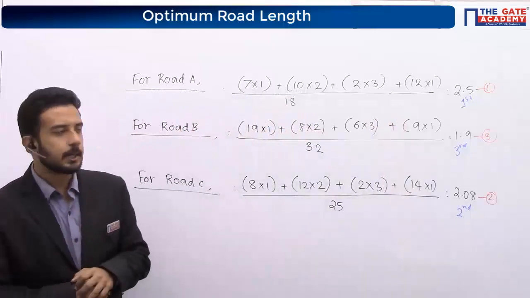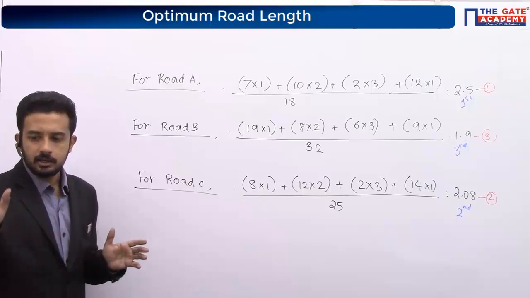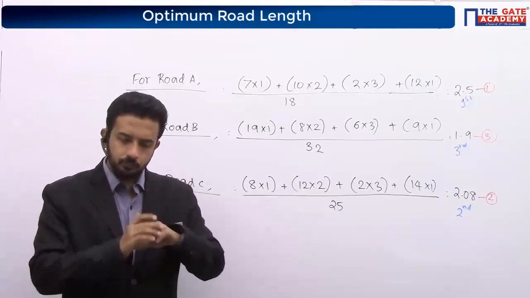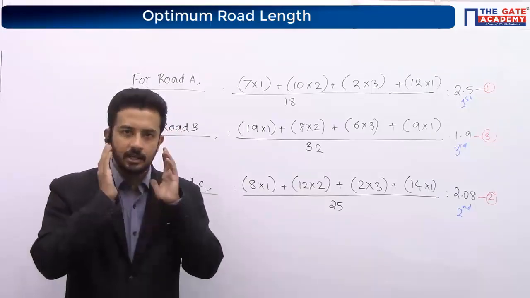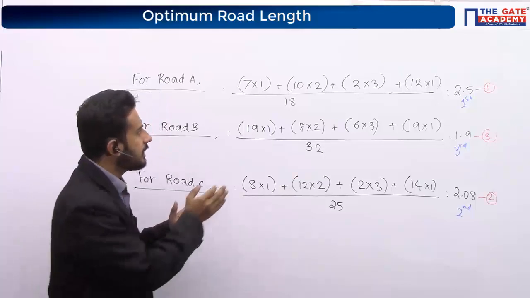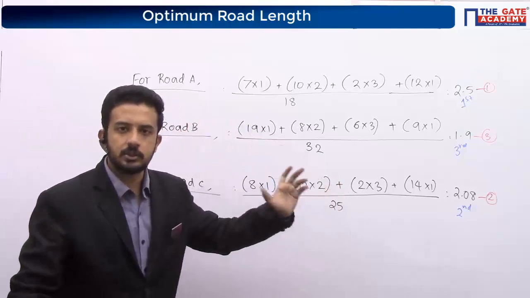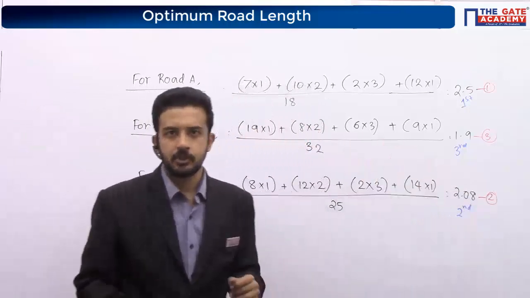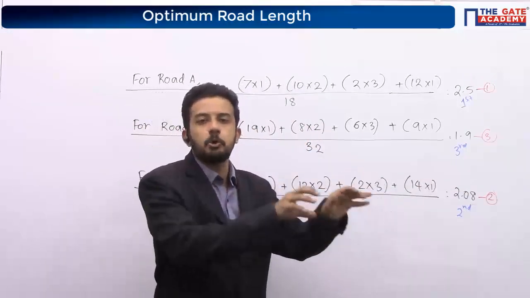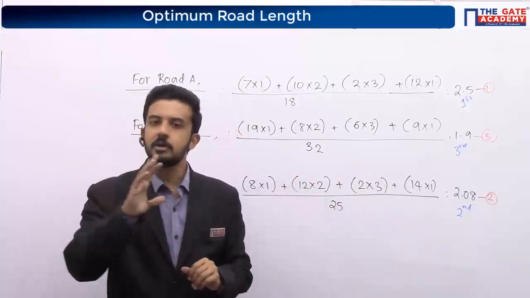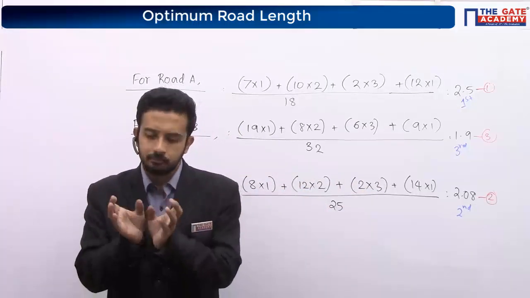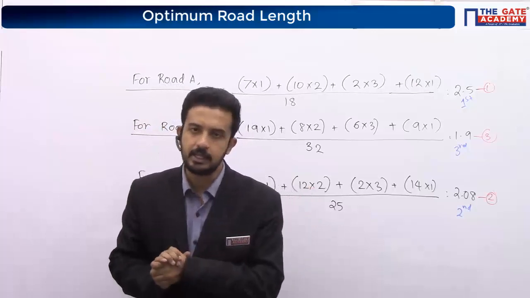The only thing is, if they are not giving the weightages in the question, you have to assume the weightage with sense. See, less than 1000, then 1000 to 2000, greater than 2000. If they give any 3 population ranges, whenever you give the weightages, they should definitely be in increasing order.